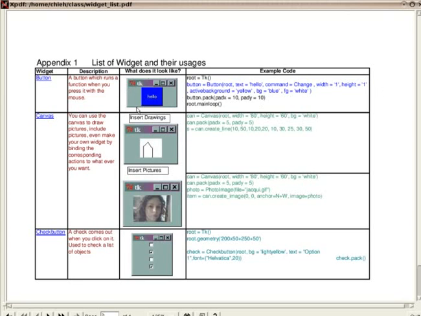First, we have the button. The button is easy. You push it and it does something. Next, we have the canvas widget. You can use the canvas to draw pictures and graphs. You can even put a digital picture in the canvas. Make sure that the picture is in a GIF format, like the way I have it here. You just have to make sure to put the picture in the same folder and put the name in the same location, and the picture will come out. The checkbox allows